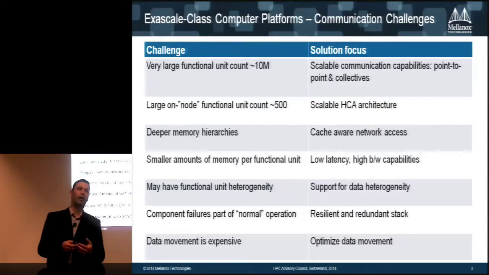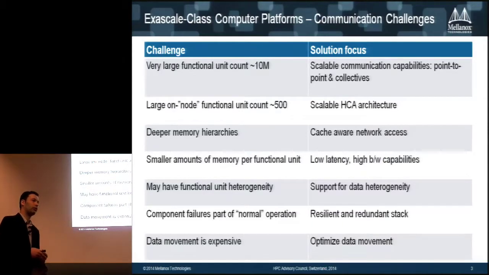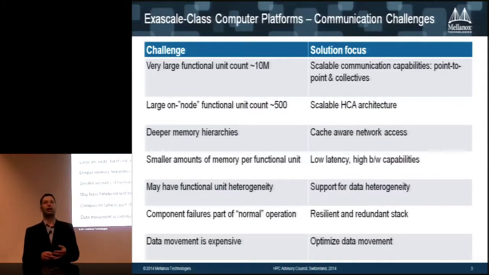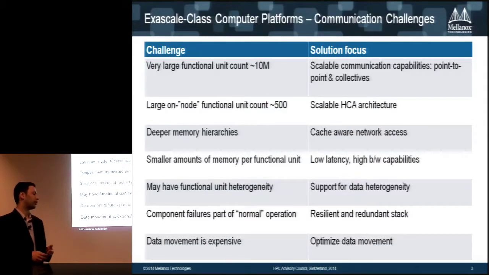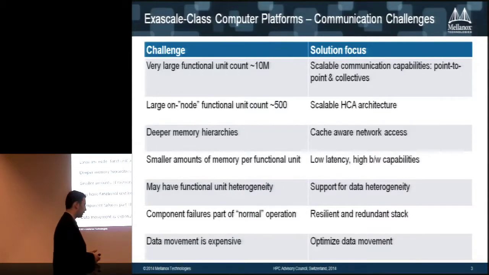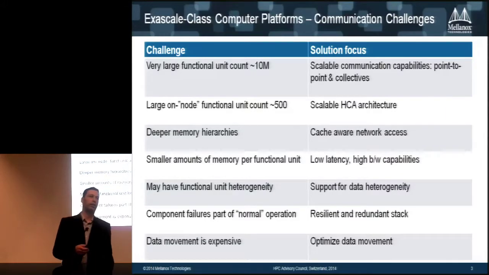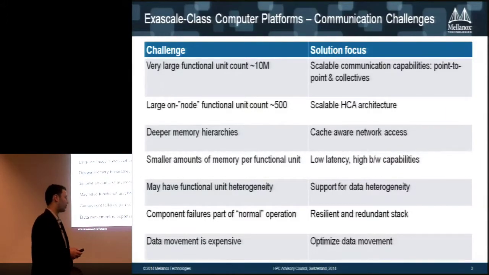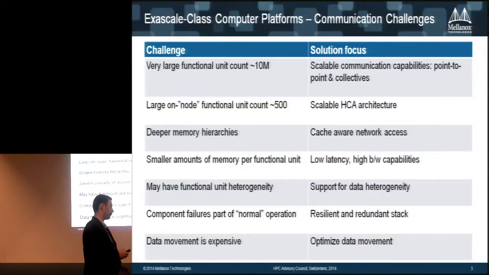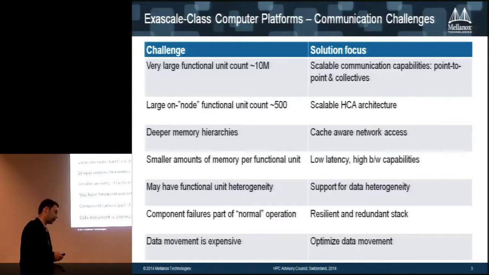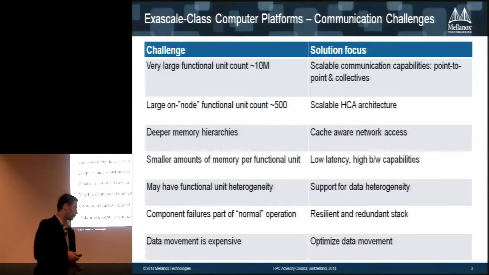Failures are going to be more and more a part of our life, and each job is going to have more and more failures all the time, so we need to be able to deal with this. It could be dealt with through resiliency, through redundancy, and also by protecting the data. We'll touch on this a little bit later, but definitely networking can also be a point of failure itself. It has many components, and this has to be addressed, and it can also help mirror data and actually bring more resiliency through the right algorithms.